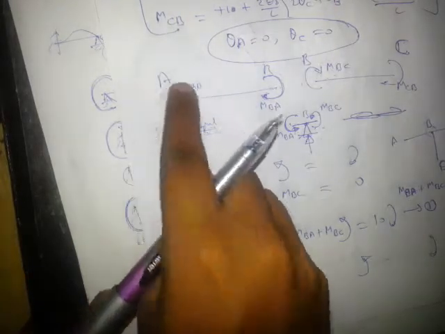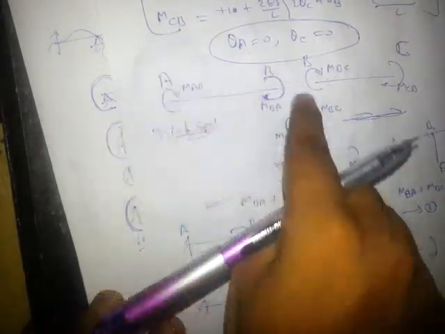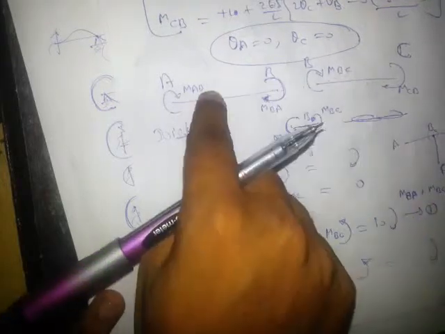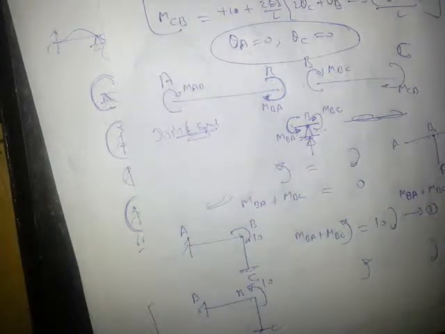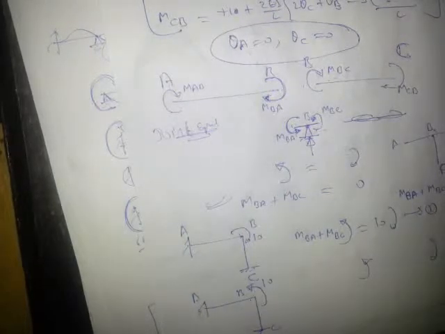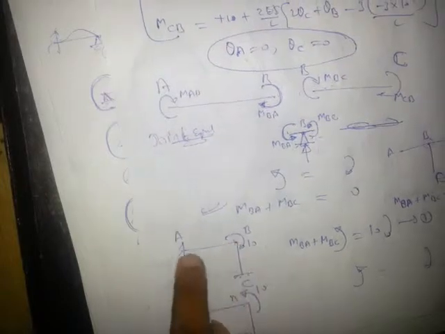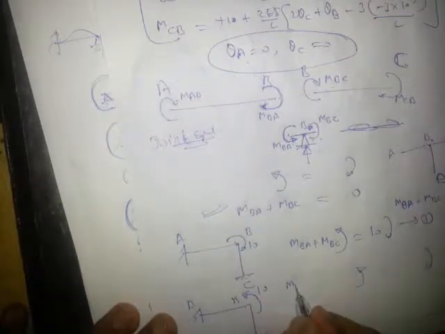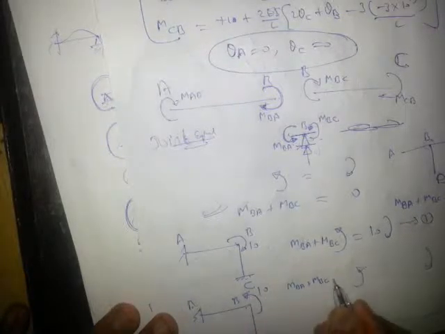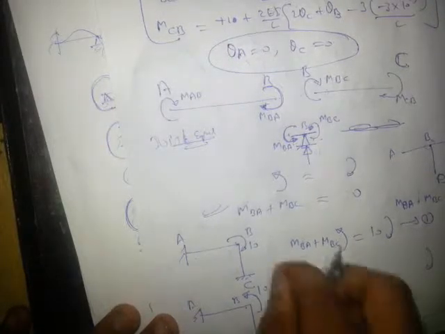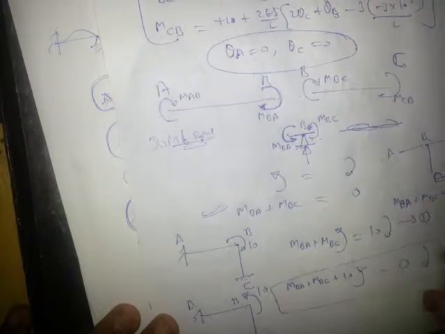We always follow this sign convention. We will assume moment in members as clockwise, so at the joint they will always be anti-clock. So we need not see anything. We will see anti-clock equal to clock, and the values of anti-clock will be, if this is joint B, members BA and BC, so MBA plus MBC. So it will be MBA plus MBC anti-clock, and this 10 is also anti-clock, so plus 10. So this is anti-clock and equal to clock is 0. So in this manner we can write down joint equilibrium, right?